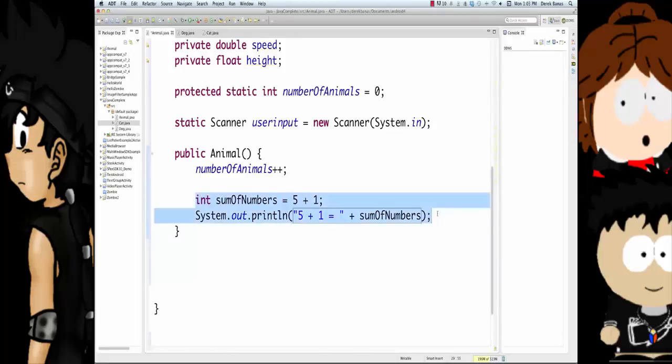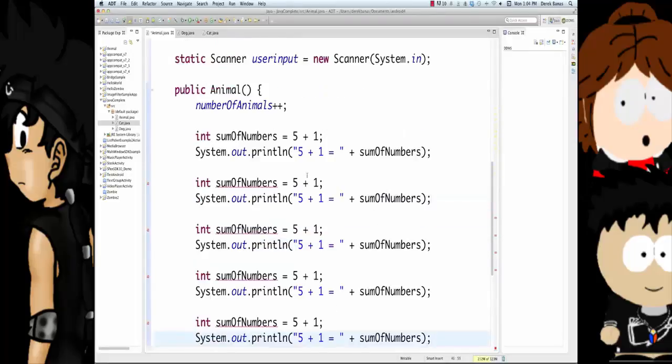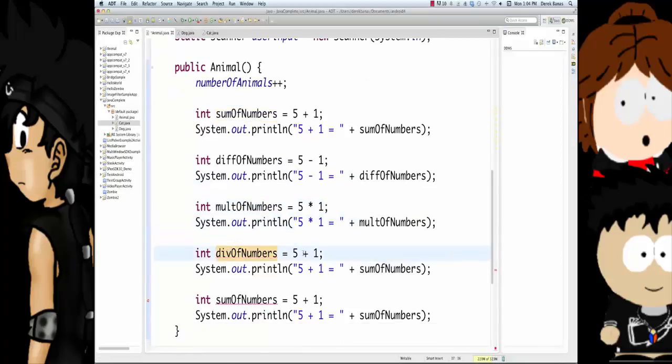Now I can go and create a whole bunch more of these, and then we can do subtraction as well. Put a negative sign in there, and I can type in diff. Then I put a subtraction here, and then I could type in diff. Also come in here and do multiplication, and that's going to be a star or an asterisk, another star, and mult. Division, slash and div. And then finally we have modulus, which returns the remainder of a division, and that's a percent sign. And let's change this to 3 so we get a result here, and mod.